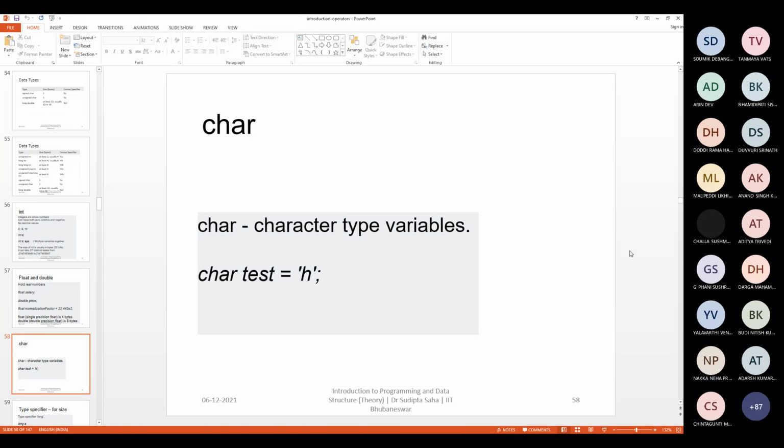Okay, so there is a hard limitation in character. When you start number theory, you'll understand that characters can represent a range of minus 2 to the power 7 to 2 to the power 7.